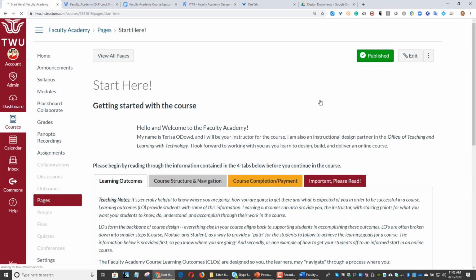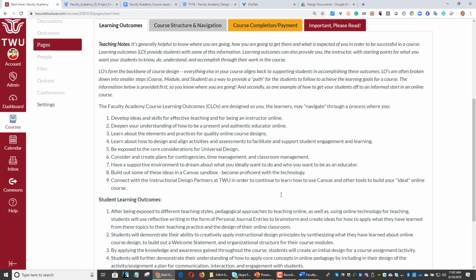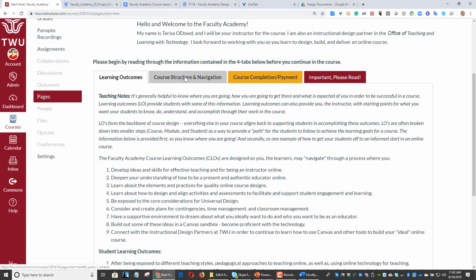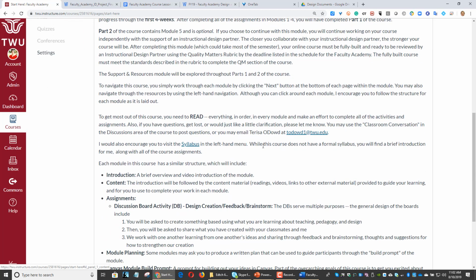That is a part of what's considered best practices in online teaching, and so I did include that. And here you can see there's 4 tabs. These 4 tabs really get the learners started in the course. The Learning Outcomes tab, which goes over the objectives for the learner. Then you have a Structure and Navigation. It basically tells them how the course is structured, what part's required, what part is optional, what they need to